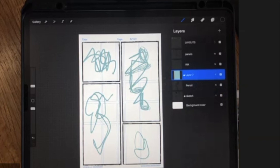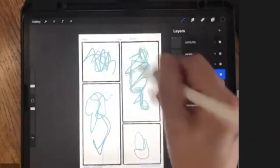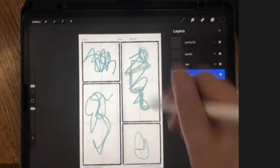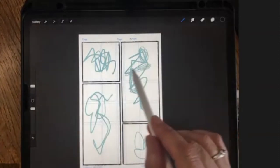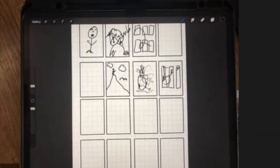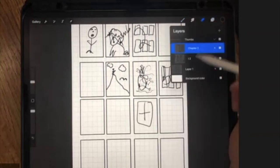What I would like you guys to do, if you want to do homework, because no one gets in trouble if they don't, is to use this grid, make a 4 or 6 panel layout for a comic and sketch something out in it. If you prefer to work on tiny thumbnails first, make your grid for your comic anyway, do your thumbnails,